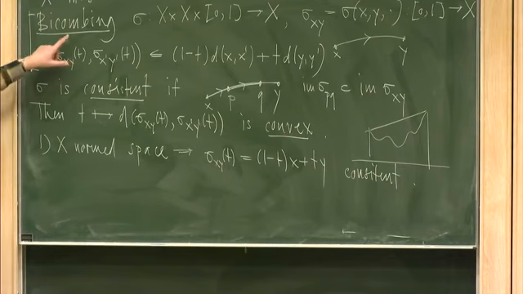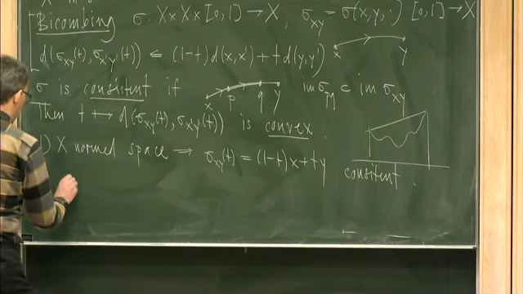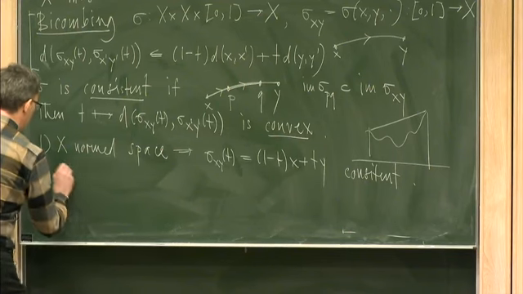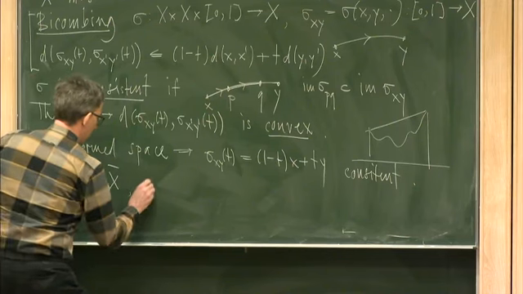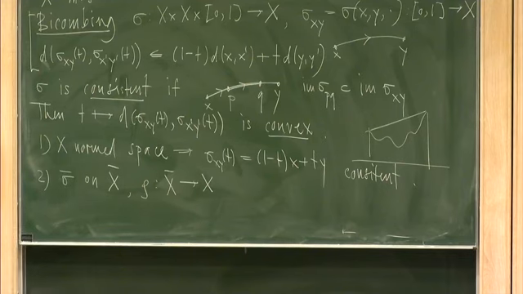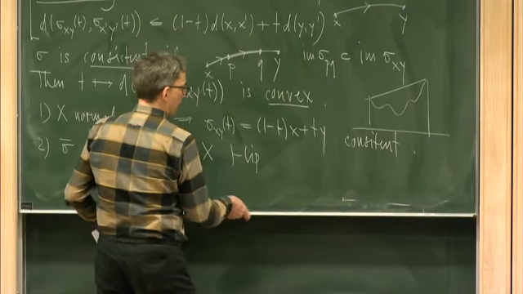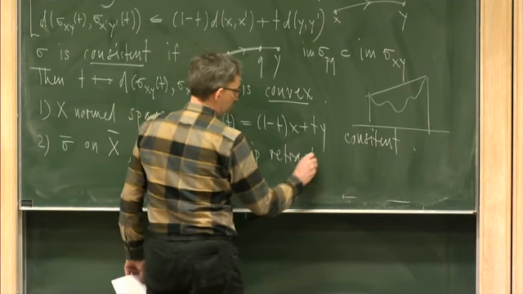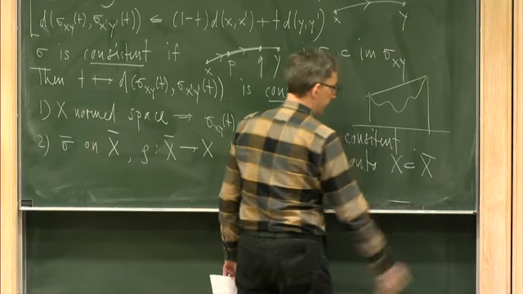And a nice fact about bicombings in this weakest form is the following. They behave well under 1-Lipschitz retractions. So if you have, say, a bicombing sigma bar on X bar and a 1-Lipschitz retraction rho from X bar onto some subspace X,